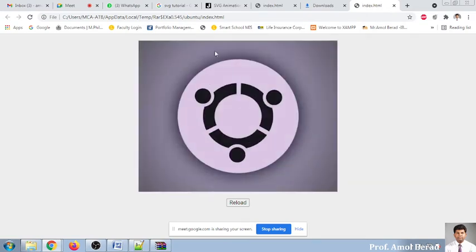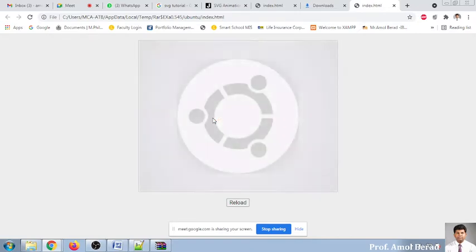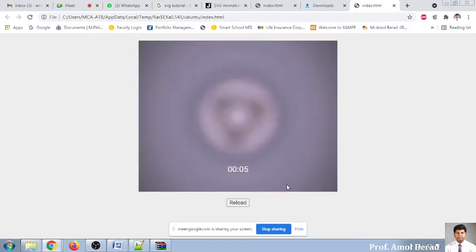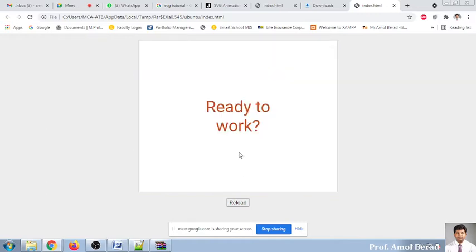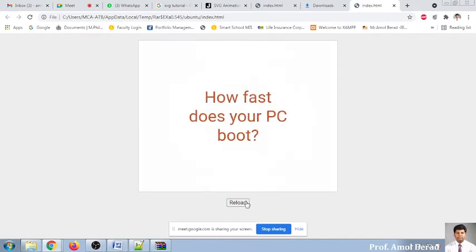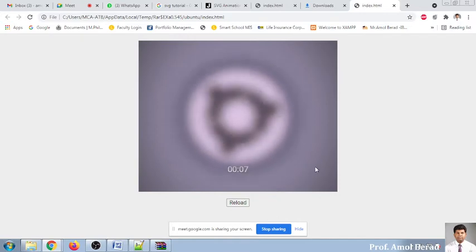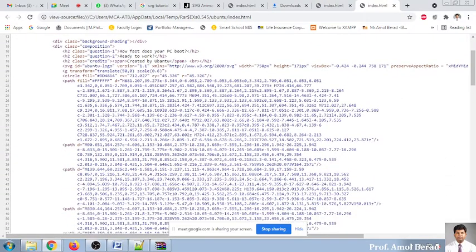See, a small frame is set, and when I click on reload, see, automatically the animation effect is showing in front of you. The timing is also there, and here the animation effect has been shown for Ubuntu. This is nothing but a small ad of Ubuntu that is displayed frequently. You will see on Facebook or some social media a small set of code executing parallelly on the right hand side or left hand side. So it is just ready-made content we have to create. And when I go for view source, you see the source code.